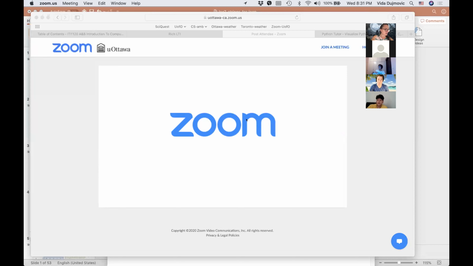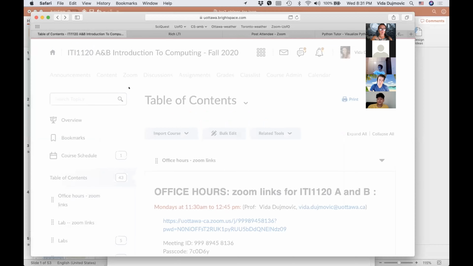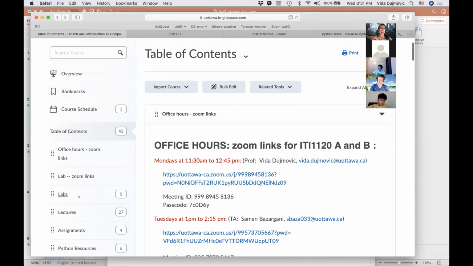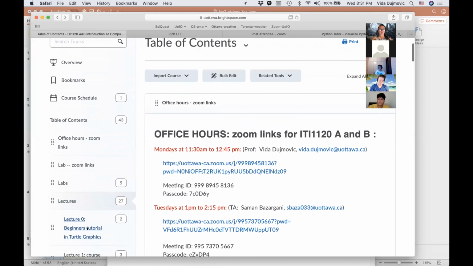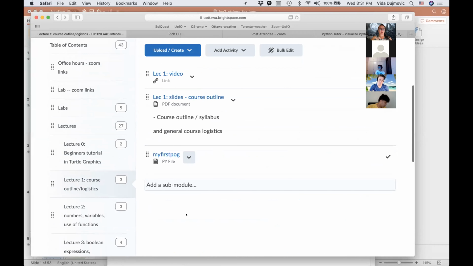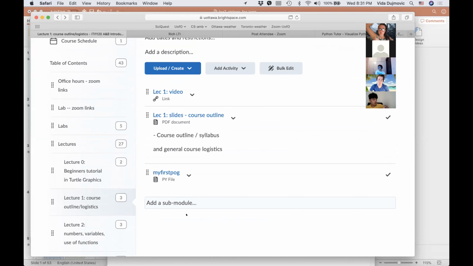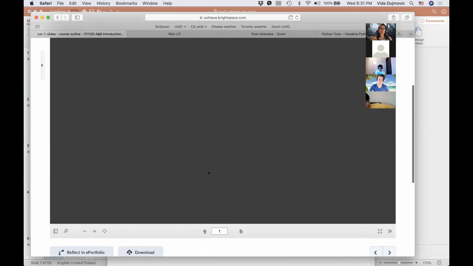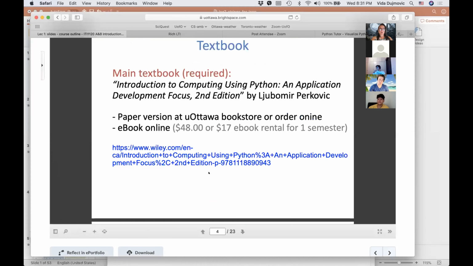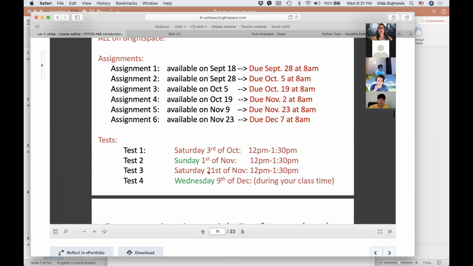Let's start very briefly with admin things, or logistics things, of the course. Please remember that the test is this Saturday at noon. I still sometimes get this question: where is the syllabus or course outline? Well, we spent the whole first lecture on that. It's the slides of lecture 1, where you can also find all the dates of the assignments and tests. So this Saturday, from noon to 1:30, we have a test, as you know,